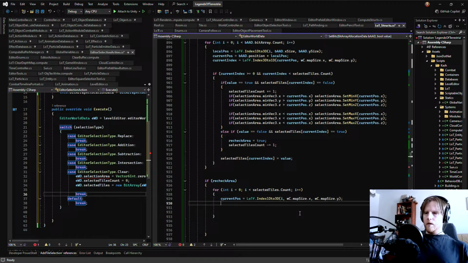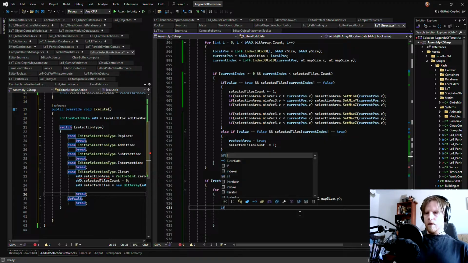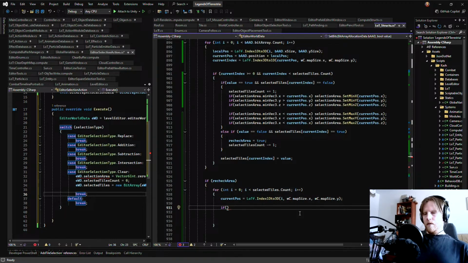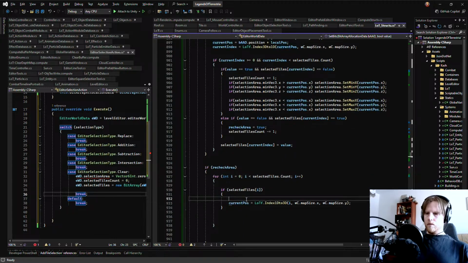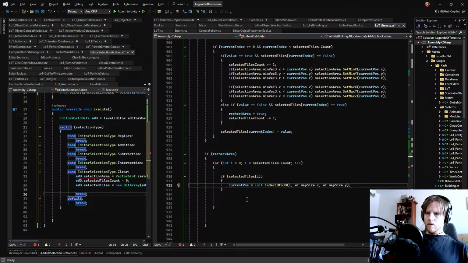And then map size, yeah. And then we're going to say if selected tiles i is true, then we go in here and we say current position. Now this one is a little tricky.